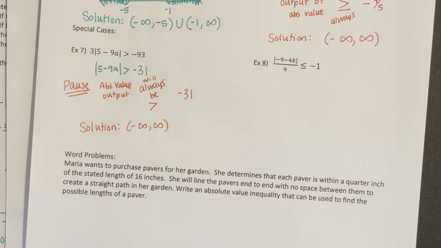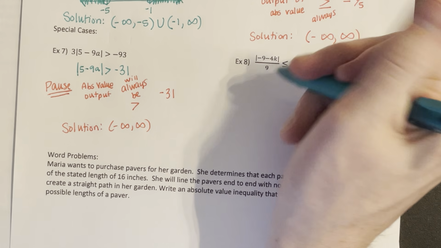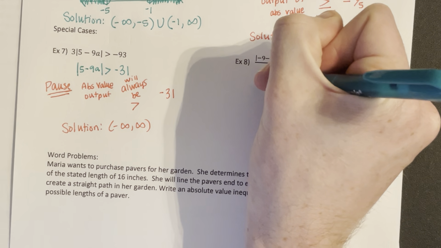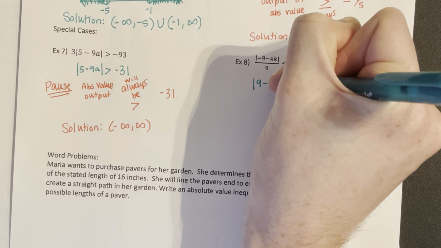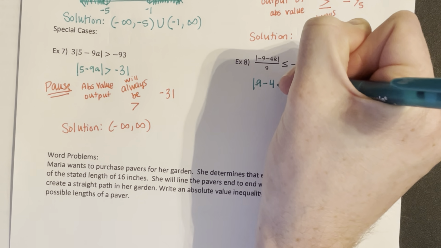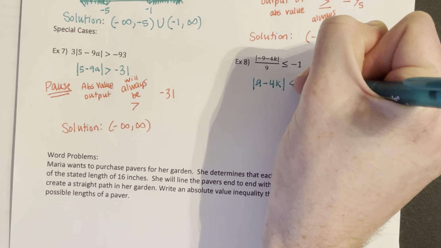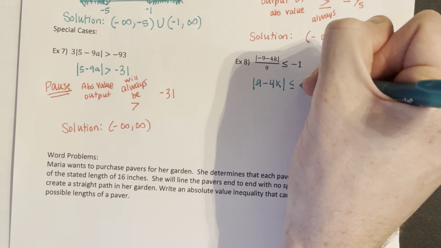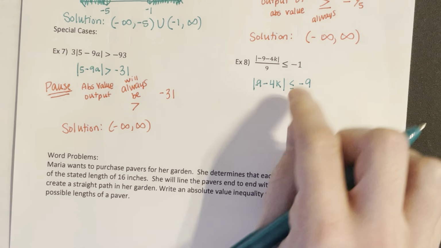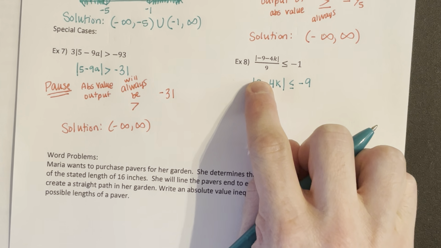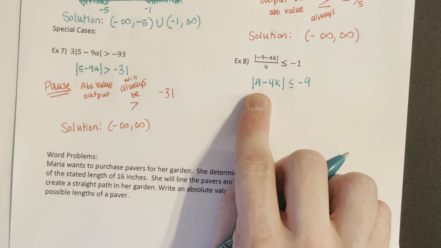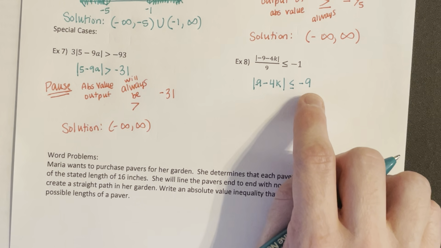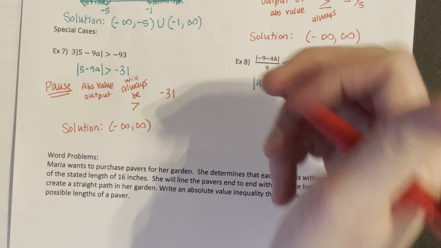This other example, example 8, I would multiply by 9 here to undo this division. But 9 times negative 1 makes that negative 9. We're not flipping our inequality because we didn't multiply by a negative. So we've isolated our absolute value, and we see that we're stuck with a negative there. That's where we want to pause